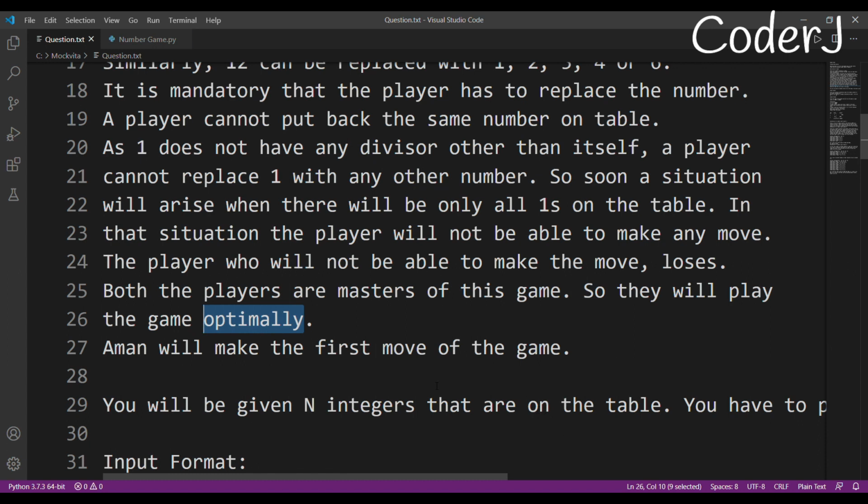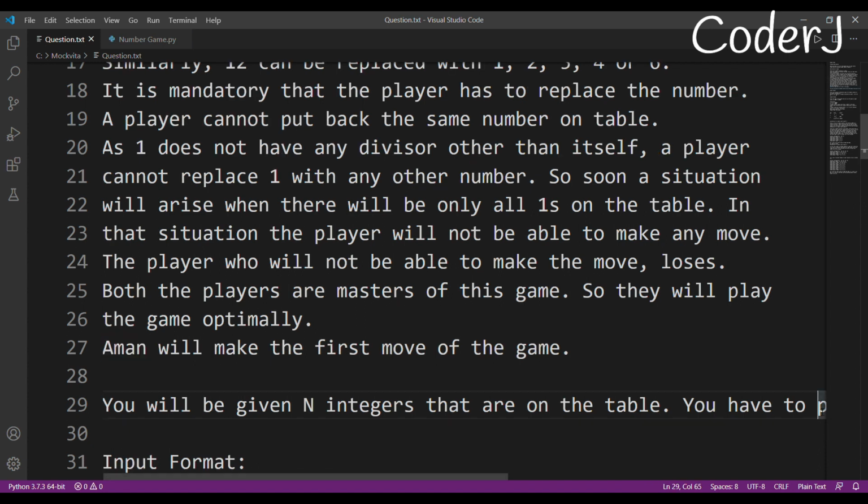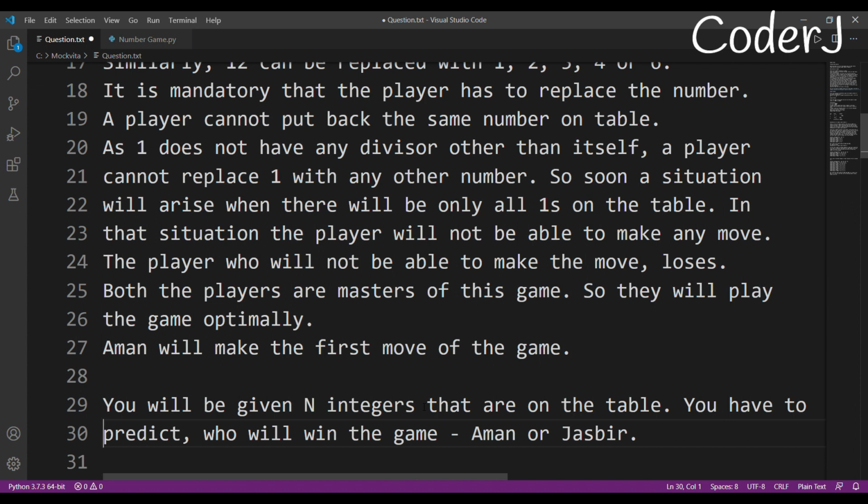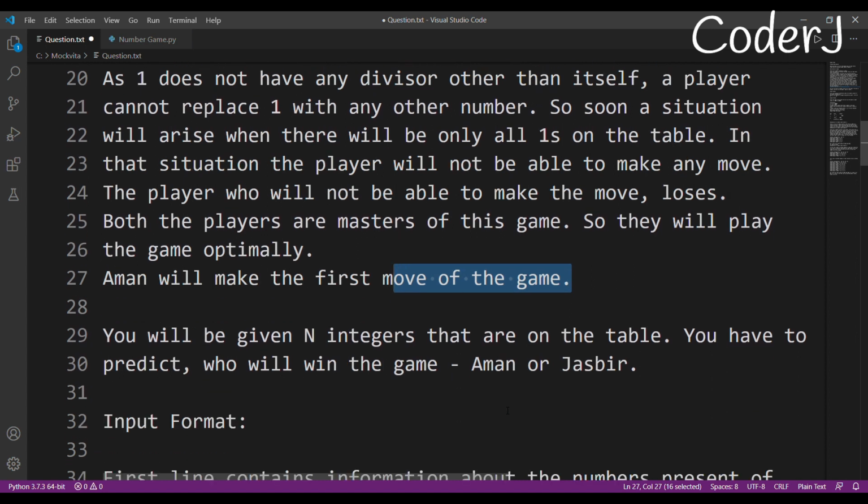And Aman will make the first move of the game. Aman making the first move of the game gives an unfair advantage to Aman. Why am I saying that it is giving an unfair advantage to Aman? Because Aman and Jasbir both are really, really smart, right? Their IQ is really, really high. It's off the charts, right? But since Aman is making the first move, he will control the flow of the game because both of them are equally smart. But Aman is one step ahead, right? Because Aman is the first one who is making the move. So that is why Aman is the one who decides the flow of the game. Okay. Now this will actually be a very important point that we'll use to solve this problem, right?